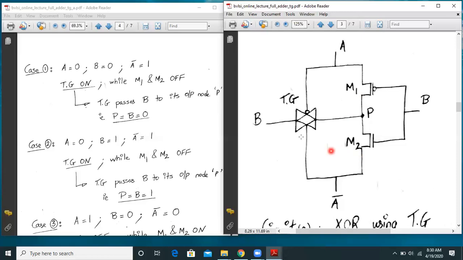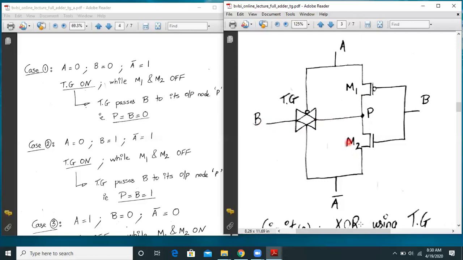Whenever this transmission gate is on, it will pass whatever is present at the input, that is B, to the output node, that is P. What was the status of B? B was 1. So this transmission gate will pass 1 at the output node P.